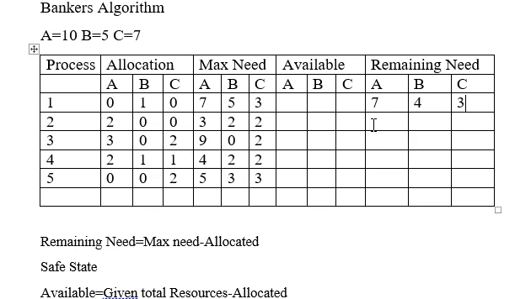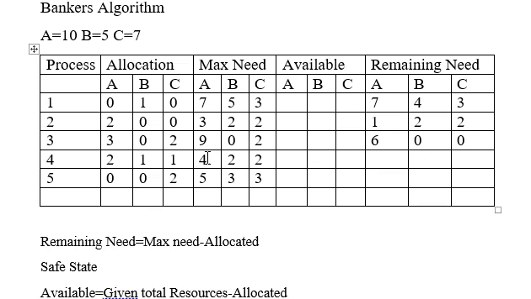The same way you have to do for the other processes as well. So 3 minus 2 gives you 1 here. You should be careful while calculating these values, because you might consider a different resource value for a different process, so there should not be any confusion. You should be careful while checking which resource you are considering. So 2 minus 0 will be 2, next 2 minus 0 will be again 2. Here it is 9 minus 3, which is 6. Next 0 minus 0 is 0, and 2 minus 2 is again 0.